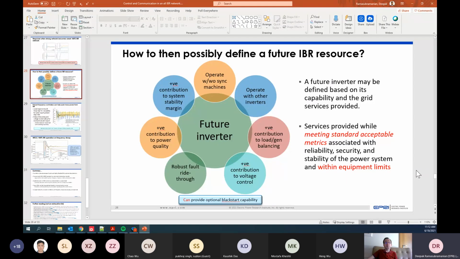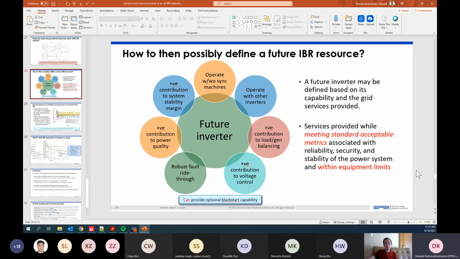So they should have a definition from this perspective that says, give me X, Y, and Z service. I don't need to know exactly how you are doing it, as long as you can provide that service. So that's from a system planner perspective, that's the definition that needs to be used. But if it's a definition being used, let's say by an OEM vendor in how they design their controls, then